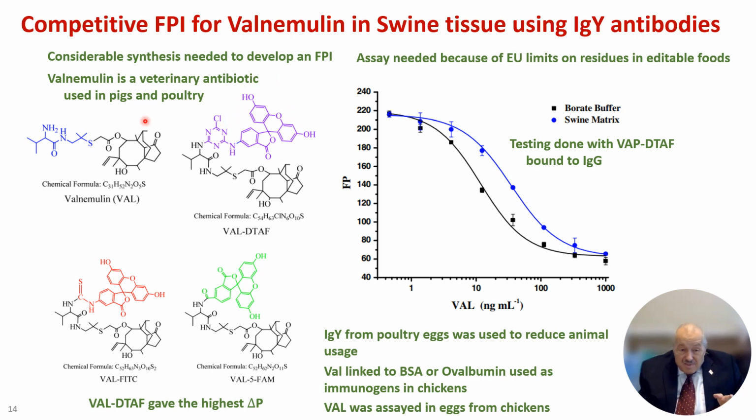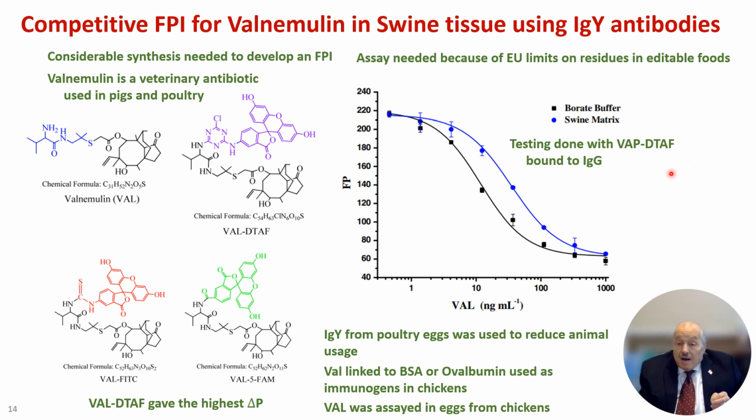So they developed 4 different analogs. I'm just going to call it the antibody. And one gave a larger change in polarization than the others. So they selected that to go with. So they made a fluorescent-labeled antibody, and then they did the immunoassay for it. And as the concentration of the antibody goes up, it breaks apart the complex that was preformed